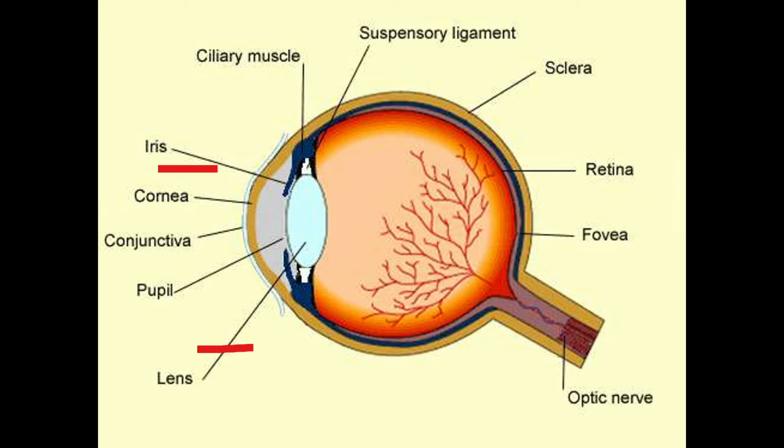As you can see in this diagram, eye is spherical in shape and the diameter of eyeball is around 2 to 3 centimeters. And you can see the internal structure of human eye. Some parts are shown here in the diagram and we have to learn the name of each part and we have to learn its function.